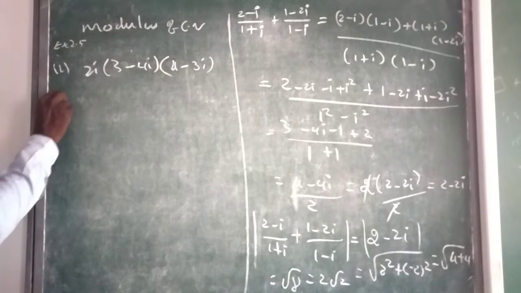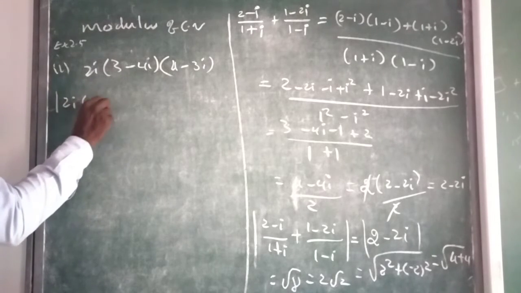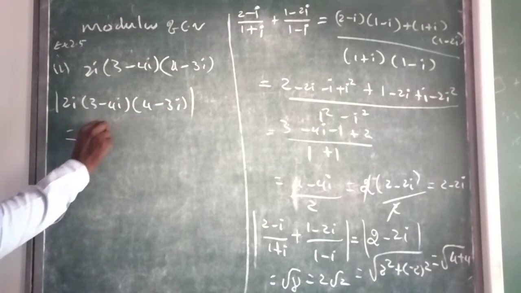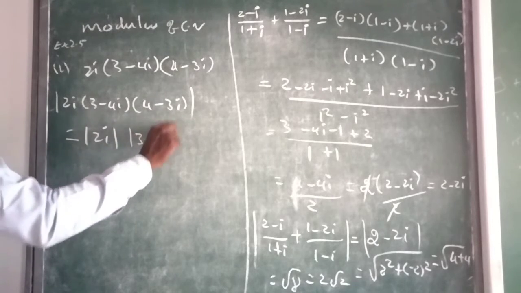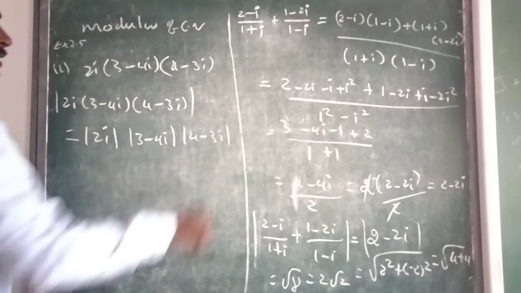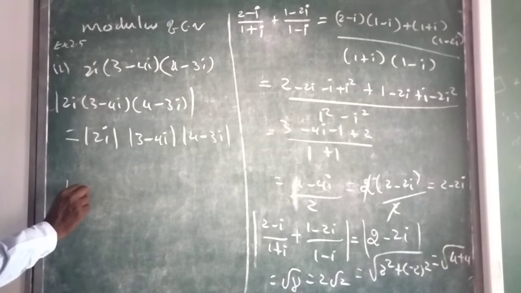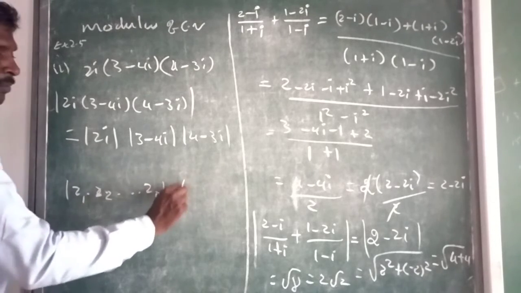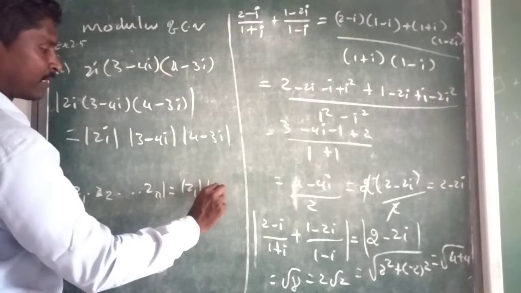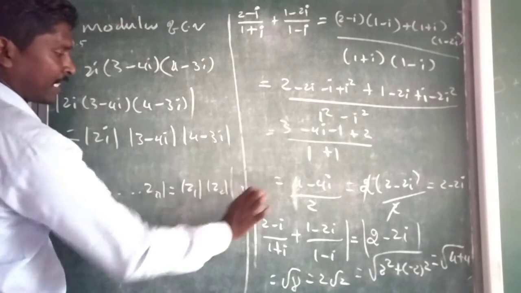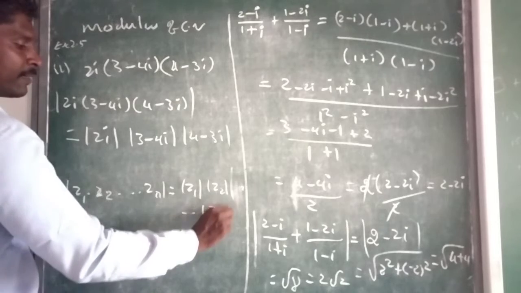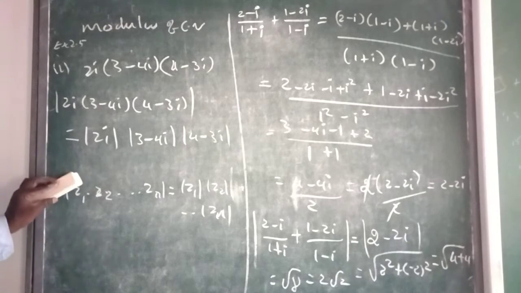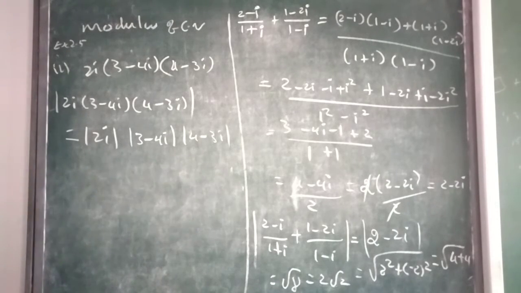Now they ask to take the modulus of a multiple of 3 complex numbers. In this product, if you want to take the modulus, you can multiply and bring it into a single term, or you can take the modulus of each individual term, because we learned the concept: for z1 times z2 times up to zn, the modulus equals modulus of z1 times modulus of z2 times up to modulus of zn. The values are equal when multiplying, but for addition it is less than or equal. So you can take individual moduli.